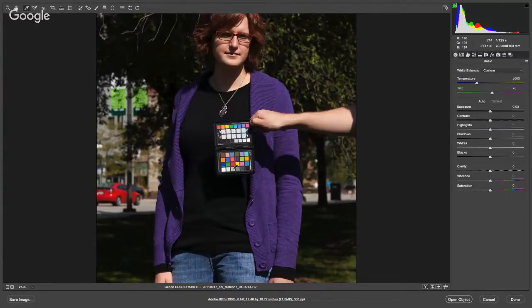I can tell it's been color neutralized because my RGB readout over here, right under my histogram, those RGB values are roughly the same. There's 1 point off. So if all of my RGB values are the same, then I have a neutral gray. That's how color balancing is achieved, is in this neutral gray. But the trick that I want to show you,